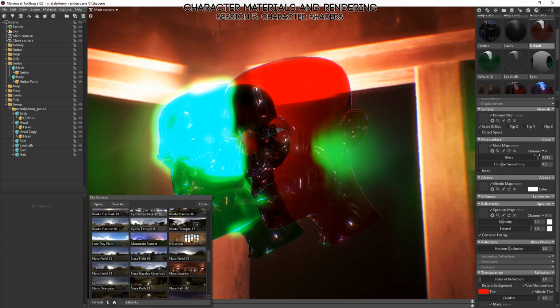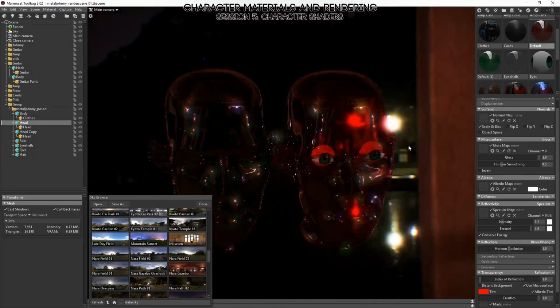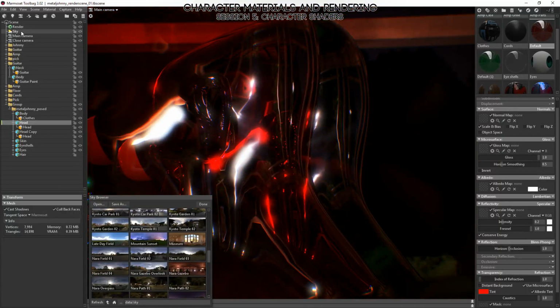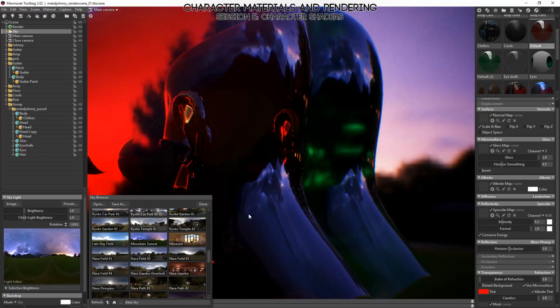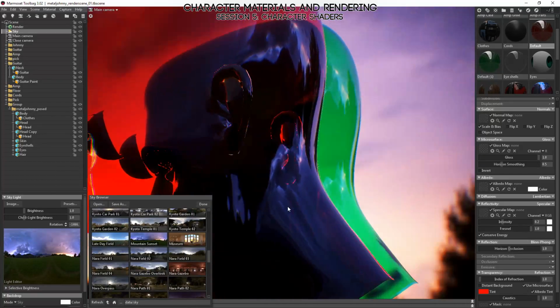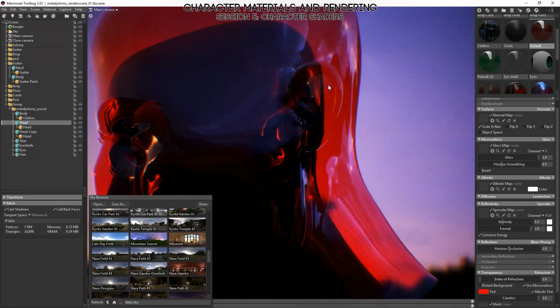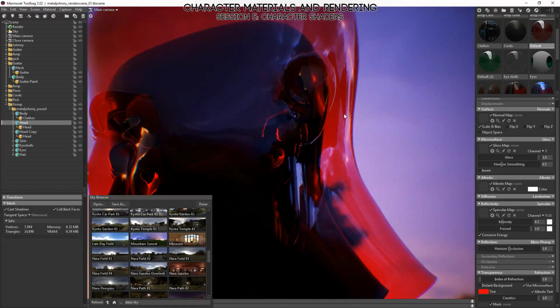Sometimes things start to just disappear, or if you have one object that has overlapping pieces. For example, let's change the background again so that we can see this a little better. Something that has less contrast in certain areas. You'll notice that, for example, this ear right here doesn't double up the refraction with the back of the head, so the amount of refraction that you see is not quite what you would see on a real object,